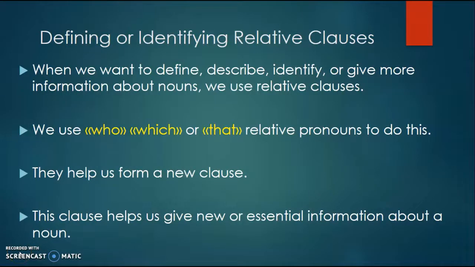Defining or identifying relative clauses are used to define, describe, identify, or give more information about nouns. We use relative clauses when an adjective is not enough to define the noun. For example, a green car may not be enough to define a car that was involved in an accident. When we want to include its license plate, we can use relative clauses. And when we are doing this, we use relative pronouns who, which, or that. And these pronouns help us form a new clause, and this clause helps us give new or essential information about